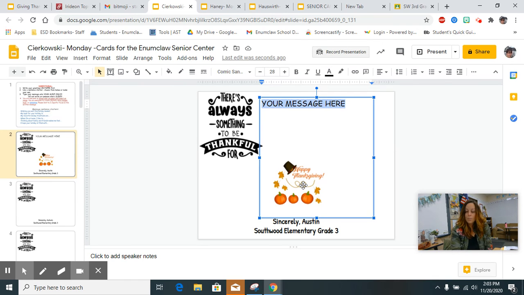You can insert up to three images, or you can draw your own picture. If you wrote it on paper and you want to upload your paper, it would just have to be super, super clean and a really good picture so that our senior friends can see your work. The other thing I want to mention too is please do not change the school or add your last names. Whenever we're writing for things out in the community, it's a safety issue if we write our last names. So first name only, which is why I've done that for you already. So go sprinkle some joy, my third grade friends, and I will see you